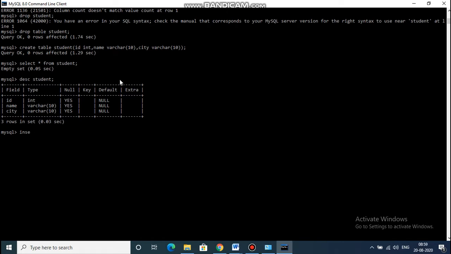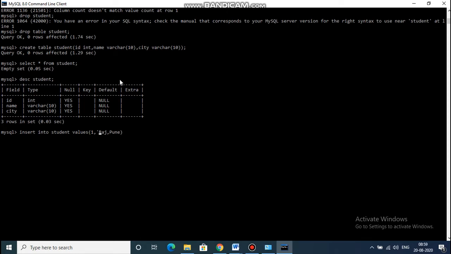So I will insert data into the table. Insert into student values, directly I will insert. First is 1 as ID, second Raj, Pune is the city.